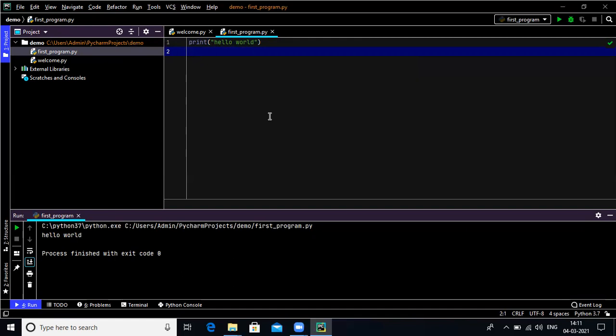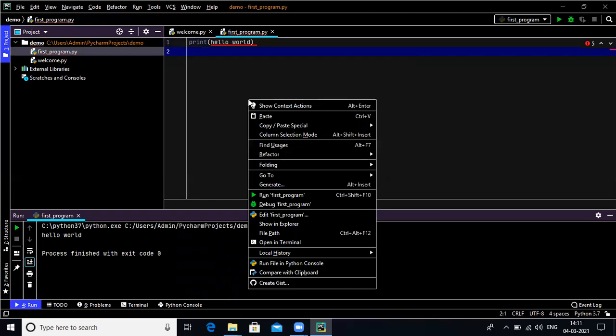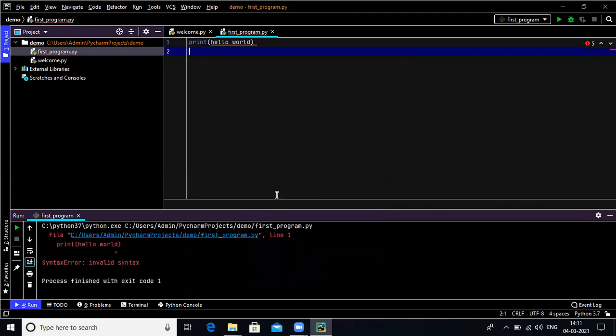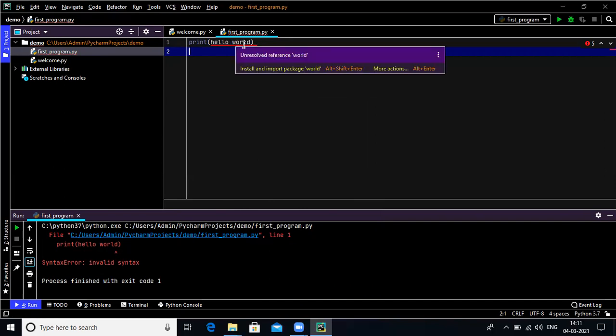It's very simple, right? Now see here, there is one more condition: every time you want to print some message by using the print statement, you give a double quote there. Double quote is compulsory. If anyone doesn't give a double quote, then see what happens. I'm just running my program for this. Run. See here, invalid syntax. And see here, this red line is given over here. It means that this line shows the error.